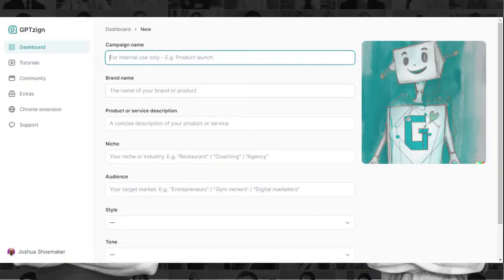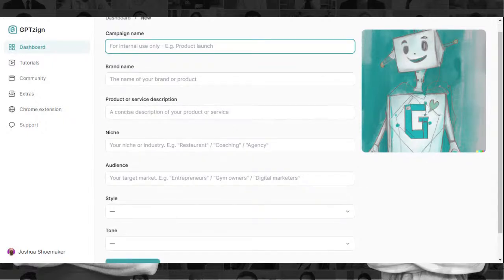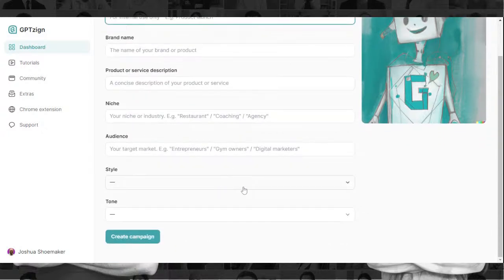Then the brand name, whatever the name of your product is. Then you want to put a good description. They have very good tutorials over here if you need some good ideas. Then your niche, like restaurant, coaching, agency, things like that. Who is your target audience? For example, entrepreneurs, gym owners, digital marketers.